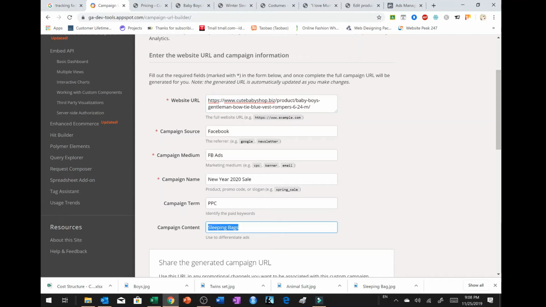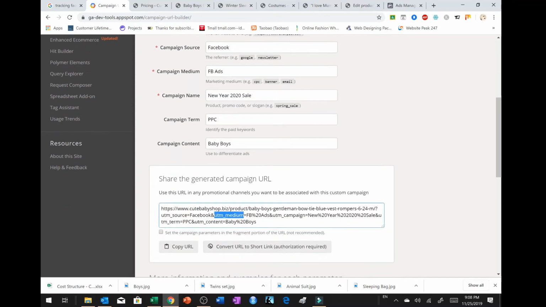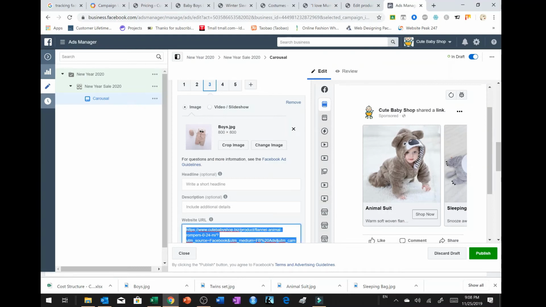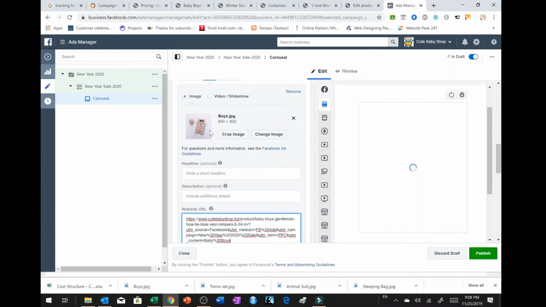And this is baby boys clothing. So this is baby boys, and this is the link. So take this, and this would be the link for this card, and the heading is baby boys,